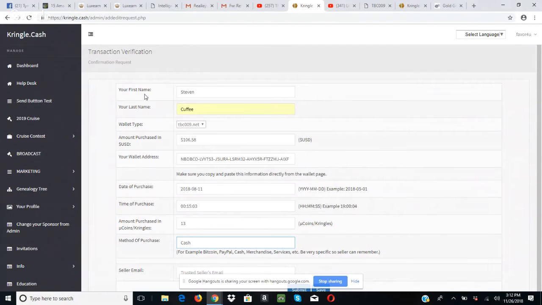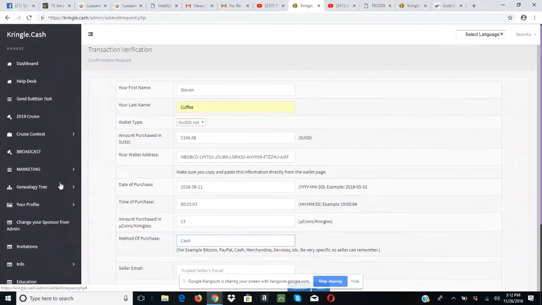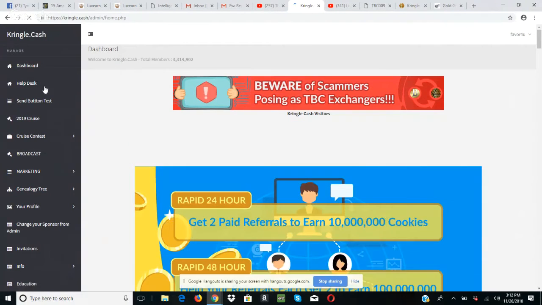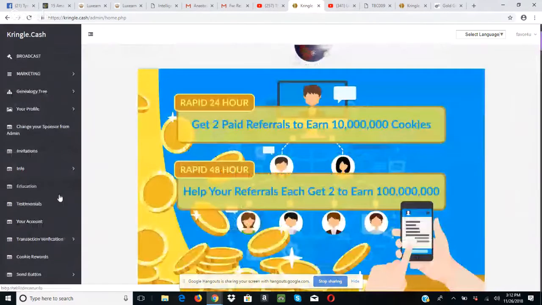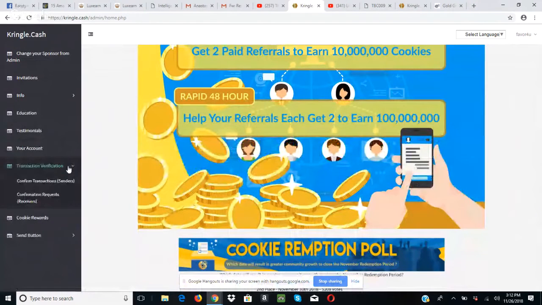Okay? Now, let's go back to the dashboard. Now, let's look at the seller or the sponsor. Let's look at the seller or the sponsors. Their job, what they're supposed to do once that buyer or receiver has done their part on their end. See, it's confirmed transaction sellers. So click this,